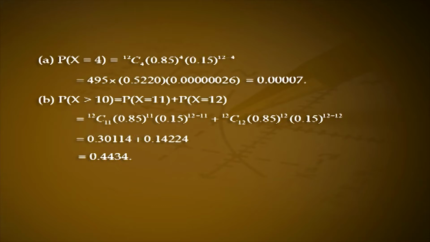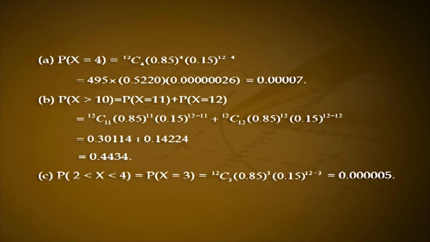of x equal to 12, that is 12C11 into 0.85 raised to 11 into 0.15 raised to 12 minus 11 plus 12C12 into 0.85 raised to 12 into 0.15 raised to 12 minus 12, that is 0.30114 plus 0.14224, that is equal to 0.4434. C. P of 2 less than x less than 4, that is equal to P of x equal to